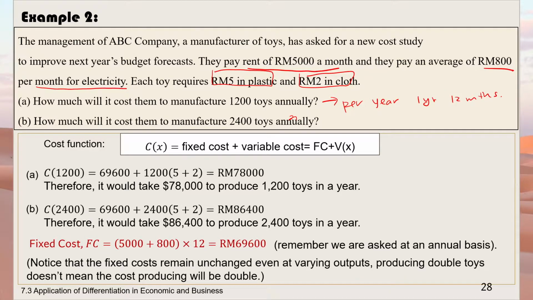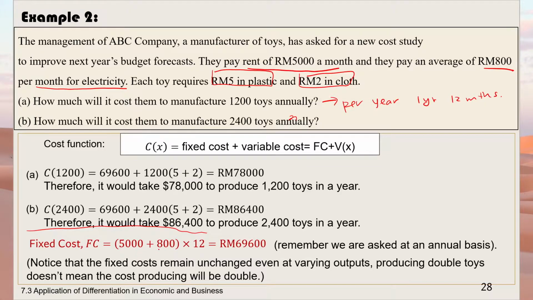Rental and electricity. For this case, maybe this factory's machines didn't use electricity. But as we know, when you use more machines, your electricity is going to be higher. But this one, they didn't make the question so complicated. They just fix the electricity and they fix the rental. So over here, first thing, we need to calculate the fixed cost first. So our fixed cost over here will be